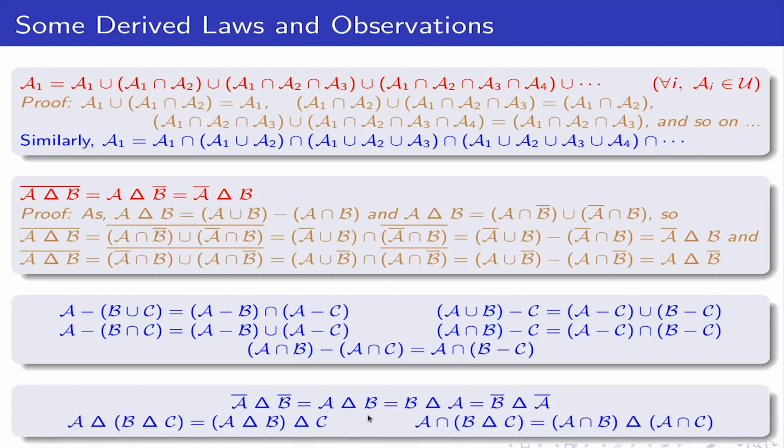This one equal to A delta B is straightforward because you just consider this formula here. What does A bar delta B bar mean? It means A bar intersection, this will become B. This is A intersection B bar, the same thing as this. And this is equal to this because this formula I can interchange anywhere, and then this is equal to this. So all of these are just jugglery, and you can try it out to prove using the fundamental laws that are stated. Some of them I made as derived laws and observations. There are many more, and you can create your own and see how it performs.